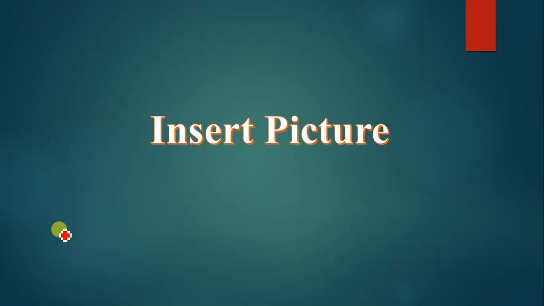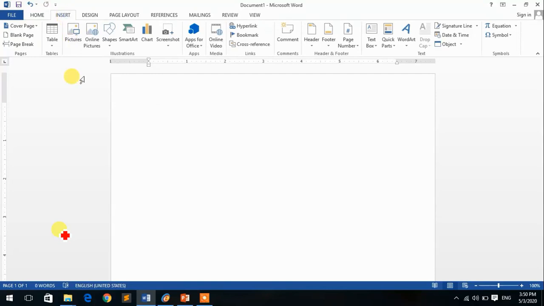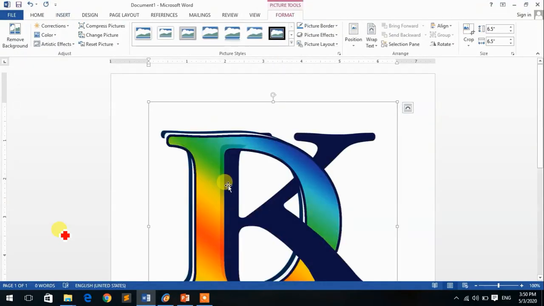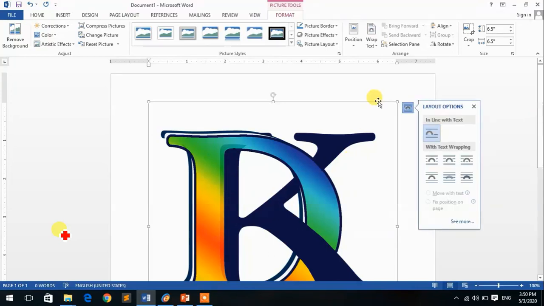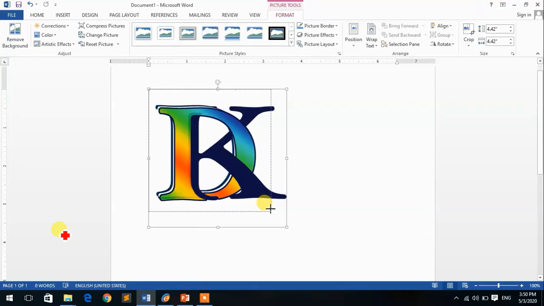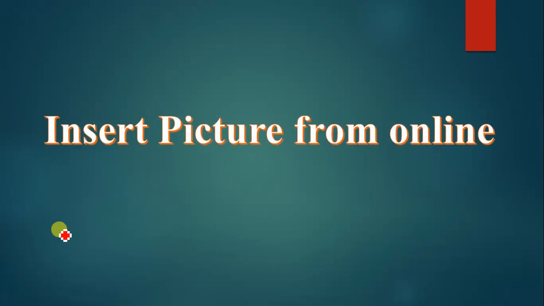Now, how to insert a picture? For inserting the picture you have to go to the Insert tab, then click on Picture from your PC, select the picture and click Insert, then the picture will appear. You can resize by clicking on the corner handle. Now inserting a picture from online.